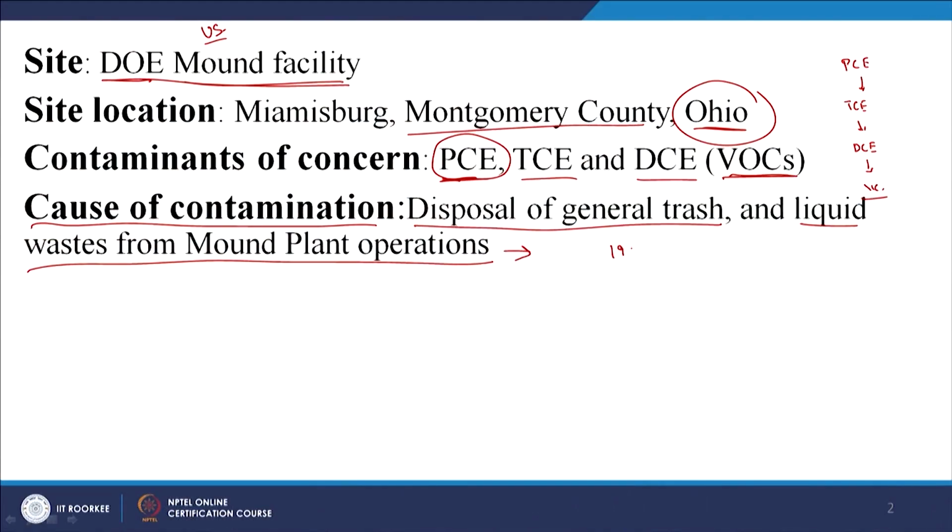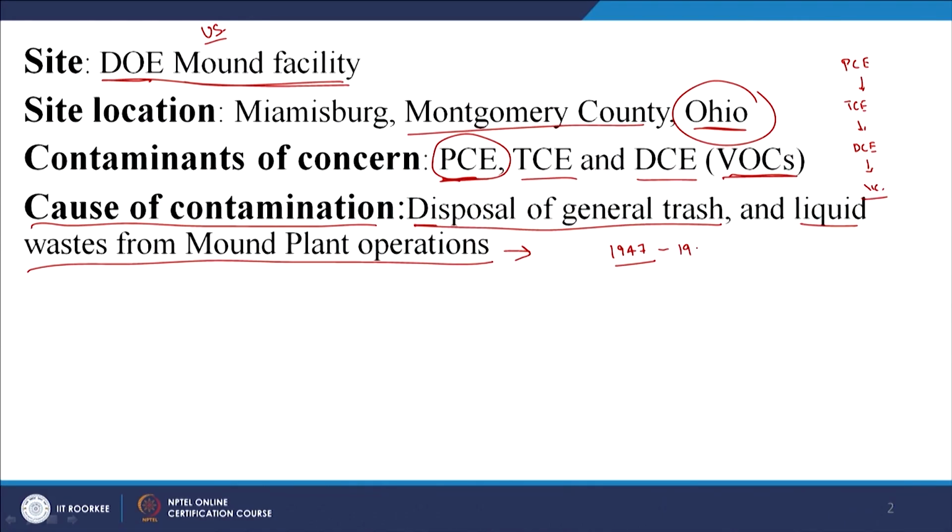Again, I believe they were operating this facility from around 1947, and I also believe another company was using that particular site before them, and they disposed of their waste at that site. So, I believe there were two owners between 1947 and around 1997. That is the period over which contamination occurred, based on the type of products or industry that was using that site.